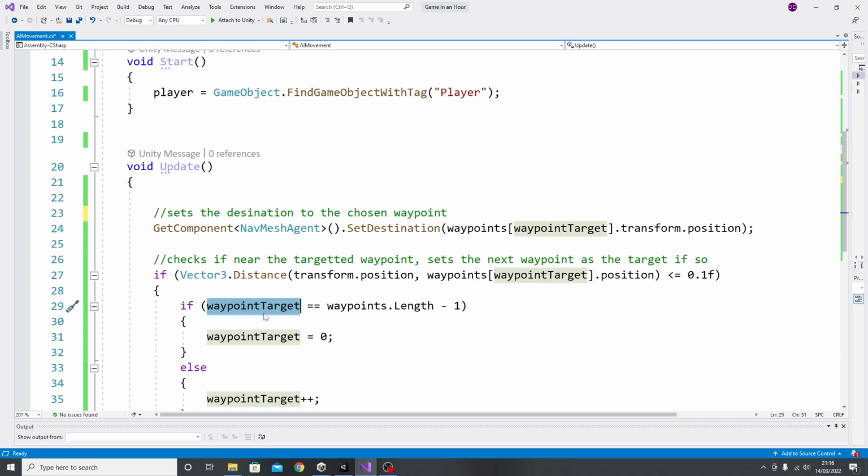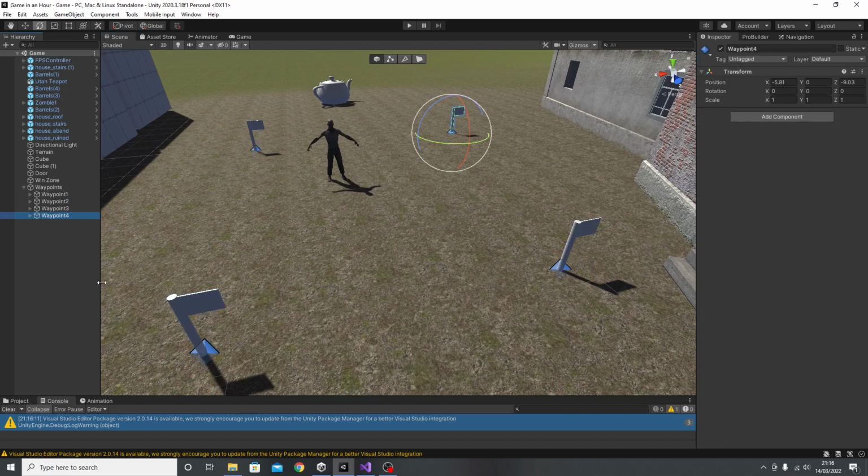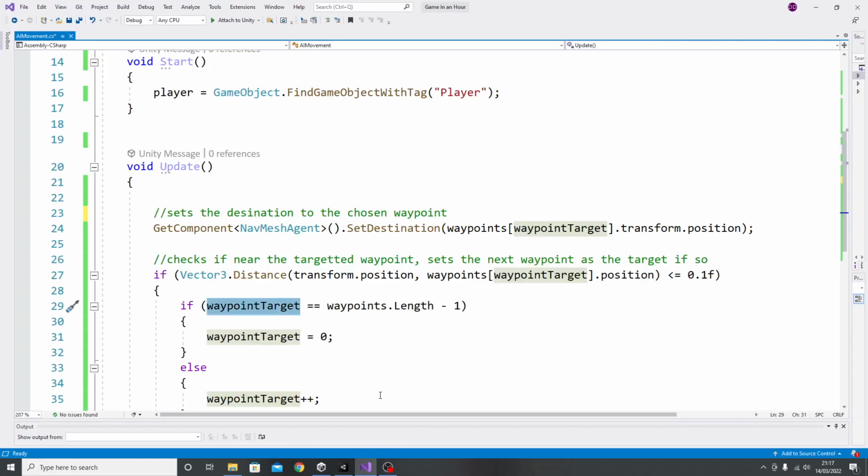Well, actually what we're doing first here is we're checking, are we currently at our maximum number of waypoints? I have 4 waypoints here, 1, 2, 3 and 4. If I'm at number 4, well I need to go back to number 1. So we just need to make sure that we're going back around in that case. And if you remember, computers don't really start counting at 1, they start counting at 0. So what I'm checking is if the waypoint target, i.e. where I'm currently trying to go to,